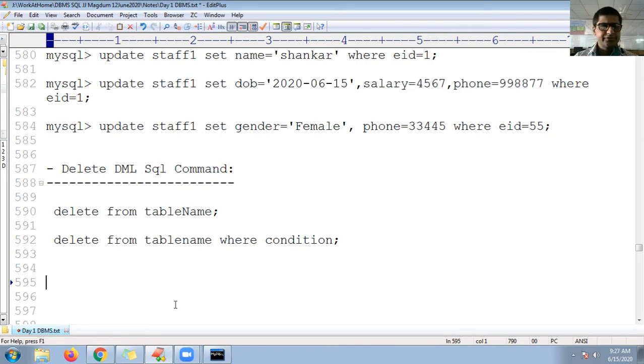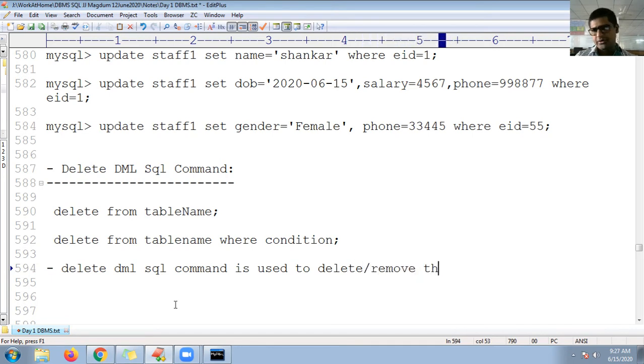Guys, so let me add the note point about this syntax. So the delete DML SQL command is used to delete, or you can call it remove, one or multiple rows from the table, guys.